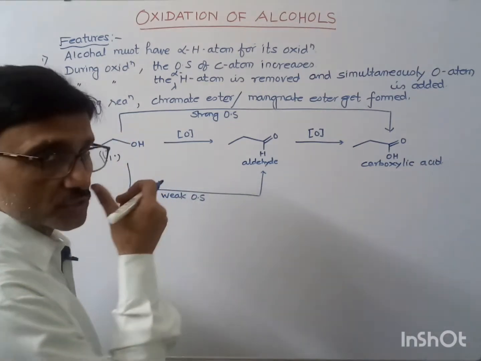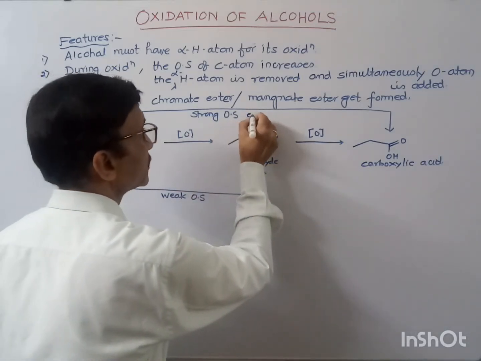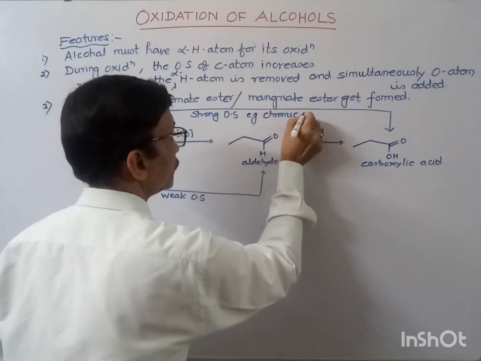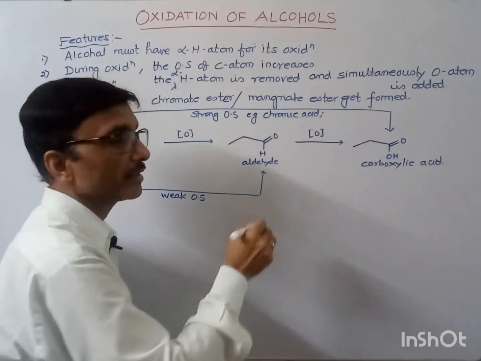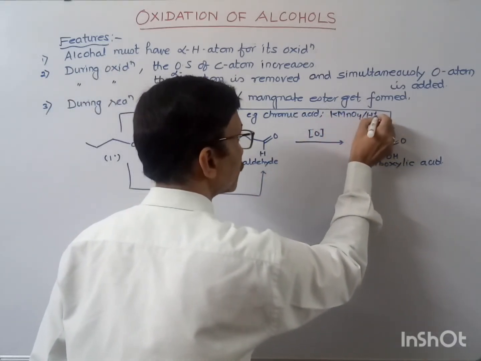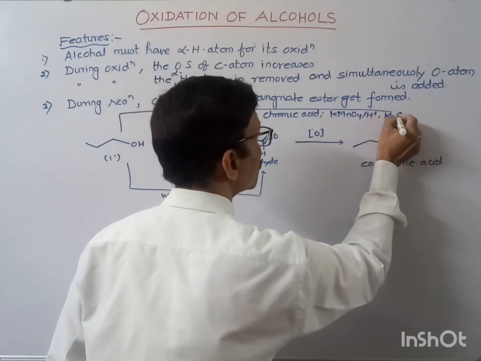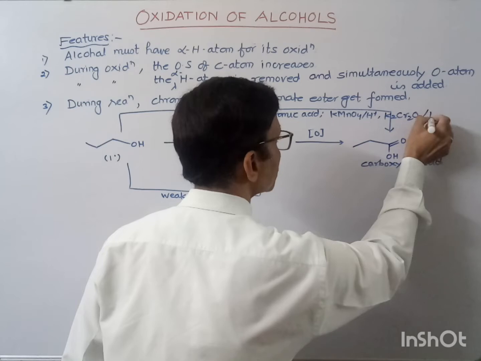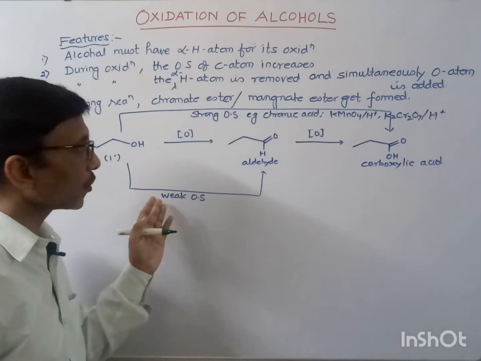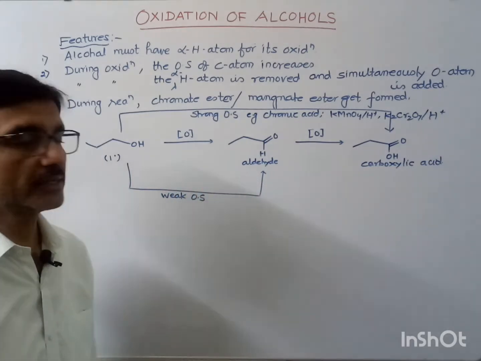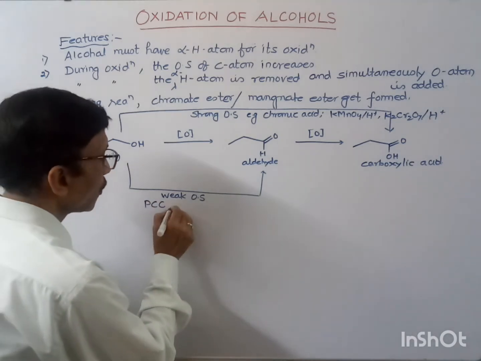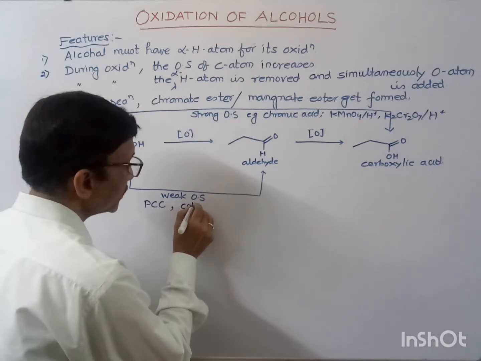Some strong oxidizing agents, for example, chromic acid, or we may use KMnO4 in H plus H2SO4, or we can use K2Cr2O7 potassium dichromate in the presence of H plus. Whereas the weak oxidizing agents, which stop the oxidation at the aldehyde, are for example pyridinium chlorochromate, or we may use the Collins reagent,